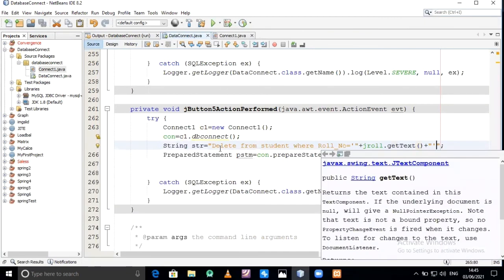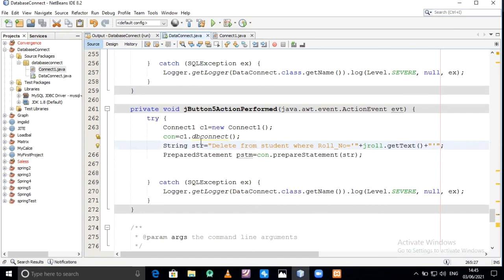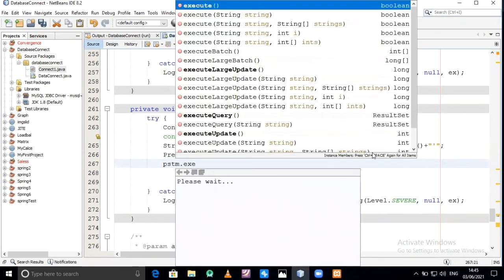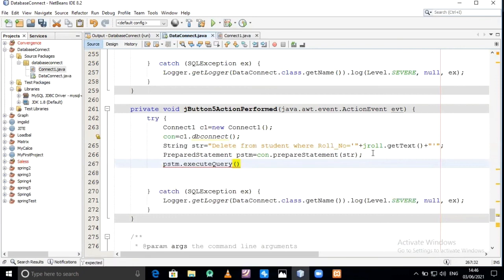We have created our query, which is stored into the string variable. Just execute the query. pstm.executeUpdate.